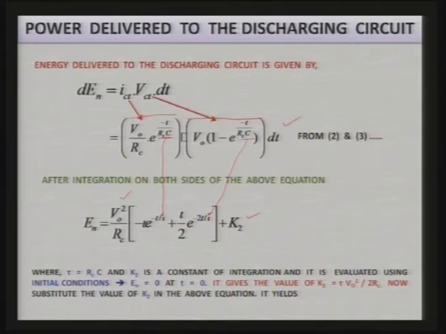that is, energy supplied at time equal to 0 will be 0. It gives the value of k 2 equal to tau V 0 square by R c c. This initial condition you substitute in this particular equation, then you will get k 2 equal to tau V 0 square divided by 2 R c, and this value of k 2 can be placed over here. Then substitute the value of k 2 in the above equation, it will result